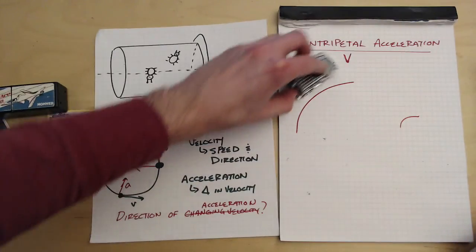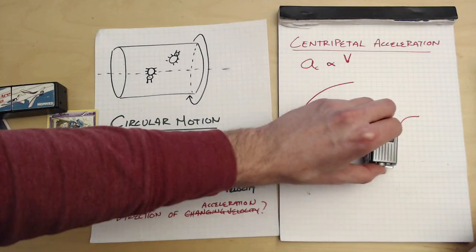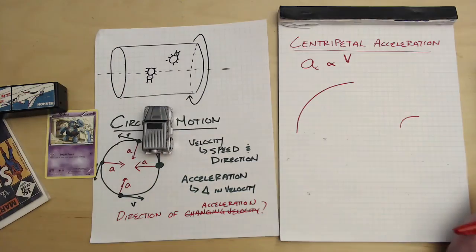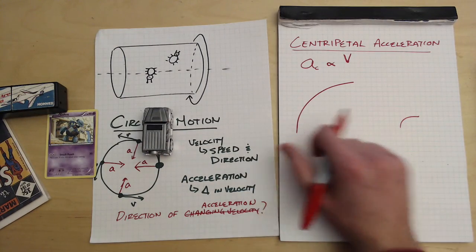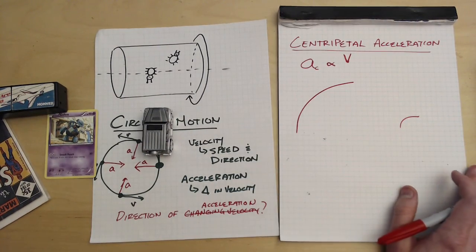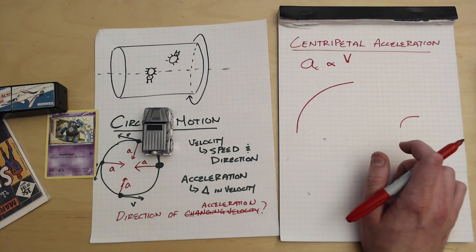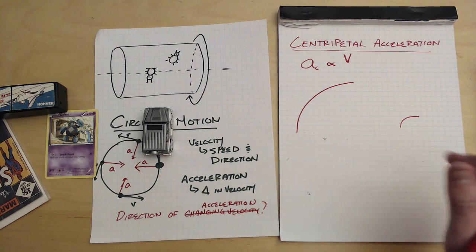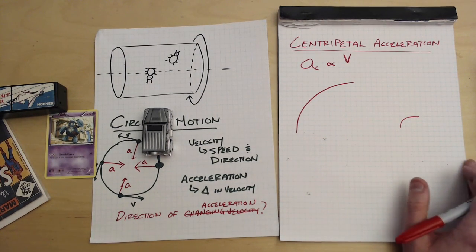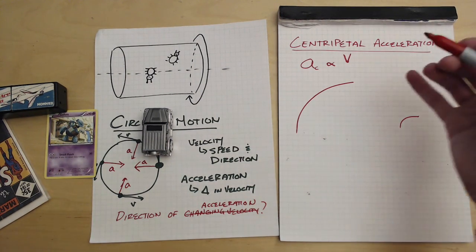So you're taking this corner at a constant velocity, or you're taking that corner at a constant velocity. Which one of these corresponds to a greater acceleration? Which one of these will you be thrown against the car door harder? Well, if you think about it, the one with the smaller radius,